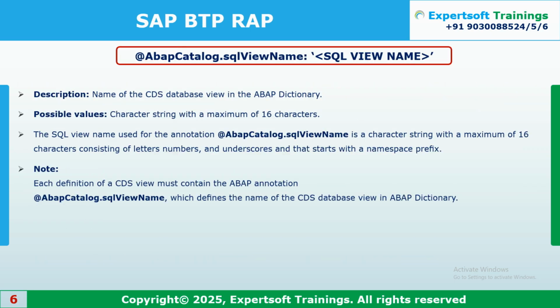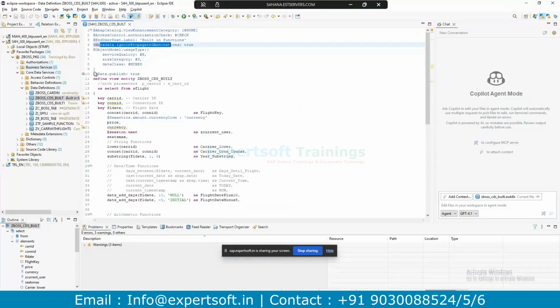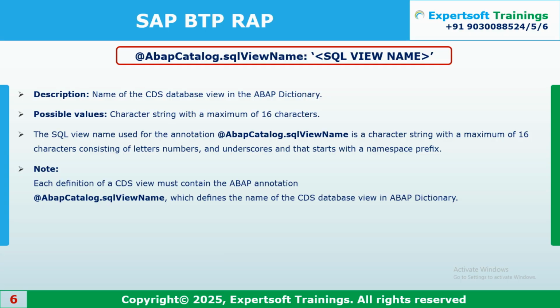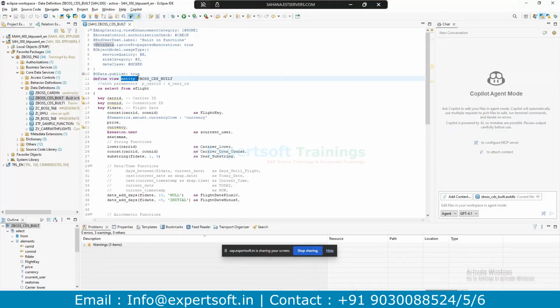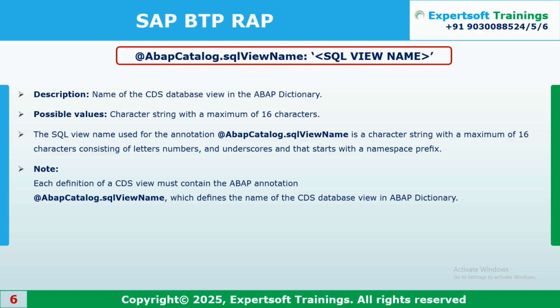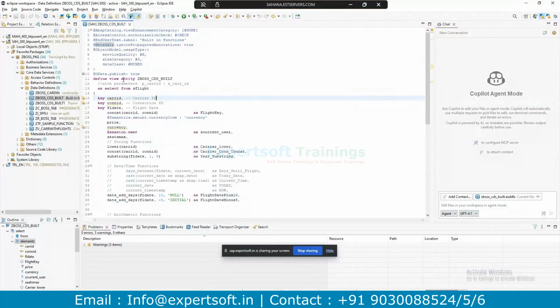Next, @AbapCatalog.sqlViewName. This is an obsolete SQL view name. You replace it with a root entity or view entity. If you remove this entity, then you must add this annotation, @AbapCatalog.sqlViewName. Since SAP 2023, I think, it has been obsolete, and SAP has introduced the entity concept. Wherever the entity is given, you can avoid the SQL view name. SQL view name is another view name on top of the view name, so there are two names for the CDS view.